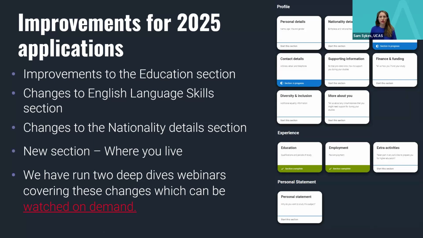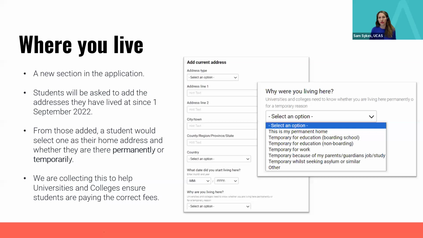So in terms of improvements to these sections, the where you live section is new for this application cycle. We will be asking applicants to add addresses from where they have lived since the 1st of September 2022, so that we collect 3 years of address history. Those savvy ones among you will realise that that is an improvement that's been added from lots of engagement with you and colleagues in admissions to support fee status assessment. But it will also be there to support students in conveying some context. So you'll see from the options, they'll put down where they live, and then they'll be able to indicate why